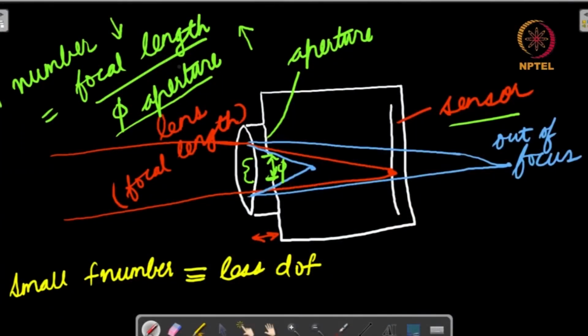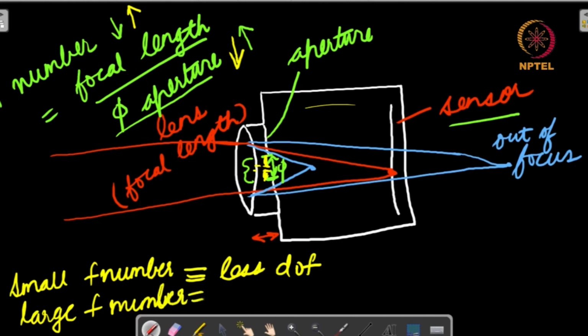On the other hand, a large f number would arise if you have a smaller aperture. So if the aperture size goes down, that is, you permit light to enter from only a small window and you close down the aperture. So all of this area is now closed and the light can enter from only this small portion. In that case, the size of the aperture is less and the f number would increase. And a large f number corresponds to a high depth of field,